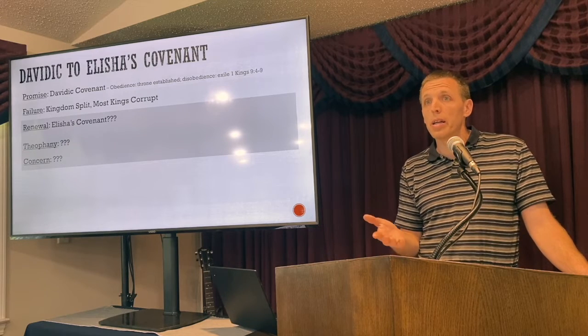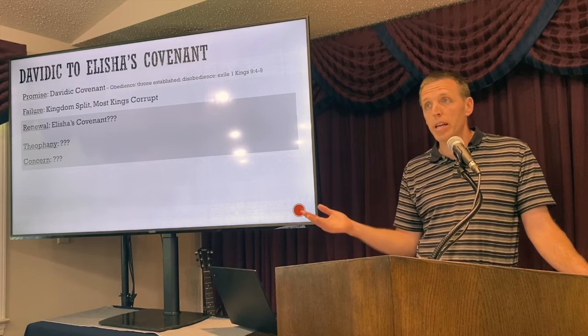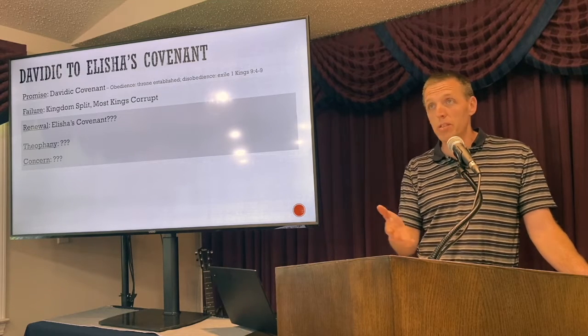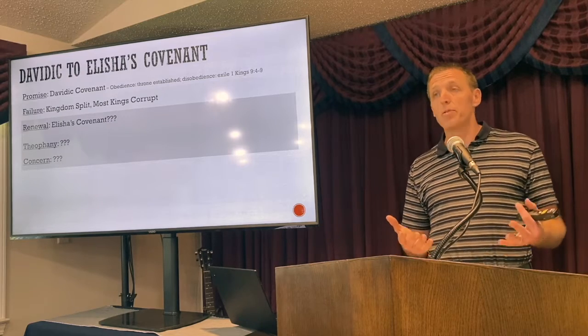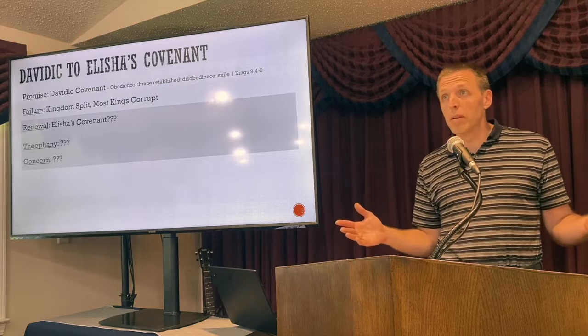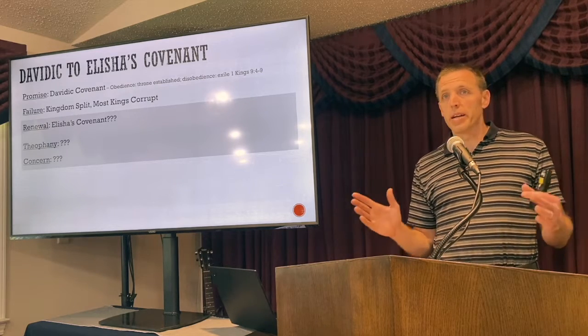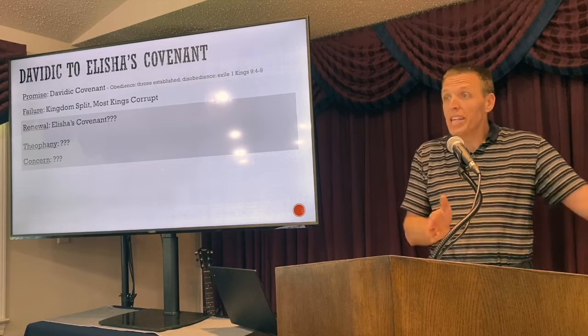The Solomonic era is a great representation of what the millennial kingdom is going to be like. I mean, it's not going to be as good. It's going to be better. But that's what God intended it to look like. He was at peace with all his enemies. It was riches. It was wisdom and ruling. And from there, it just slid down to Jezebel all the way. I mean, it was just generations of it.